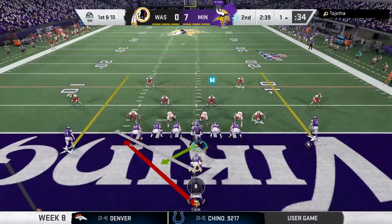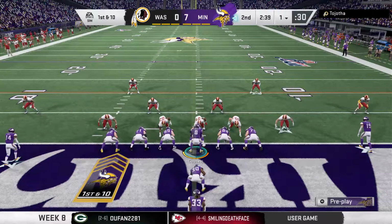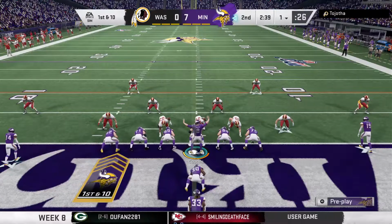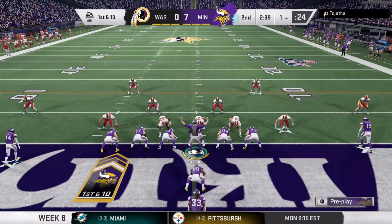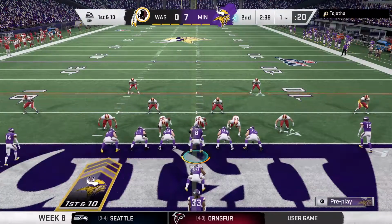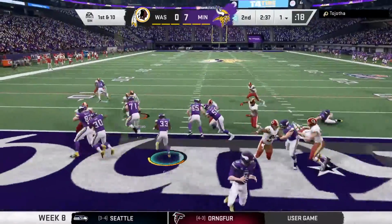The Minnesota offense about ready to get this next drive underway. Things progressing to plan so far. Their defense has been solid, and they've got themselves a 7-0 lead after the touchdown the last time they had the ball. And this is no time to even think about, hey, are we going to milk the clock? Hey, are we just going to do ball control? This is the NFL. 7-0 leads, they don't last very long unless you continue to...